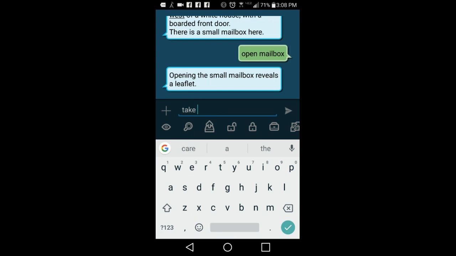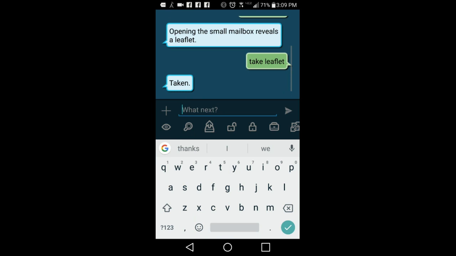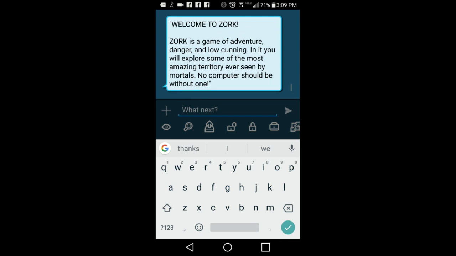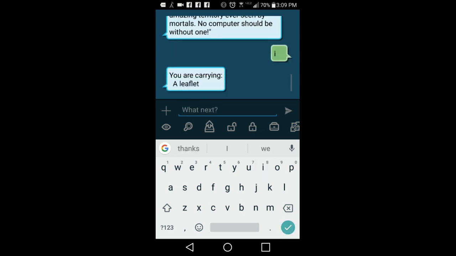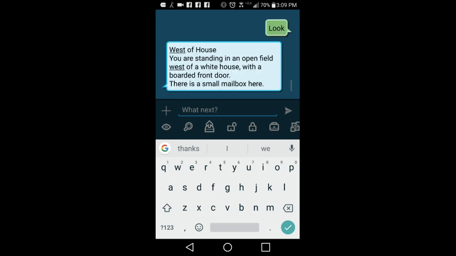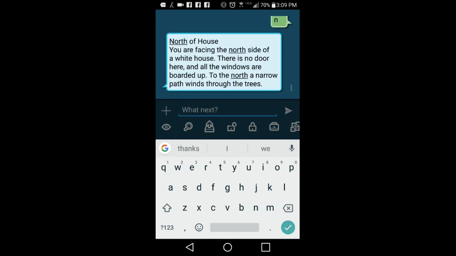You can see me typing, but you can also tap this to say look, or tap this to say examine mailbox, or examine leaflet, which is going to read the leaflet. So it's a pretty fun way to play the game. Of course, you can save your progress. I for inventory. And you're going to have a similar interface for other portable devices. Okay.